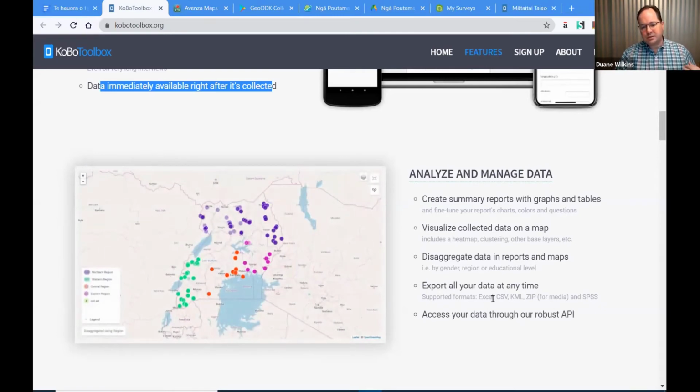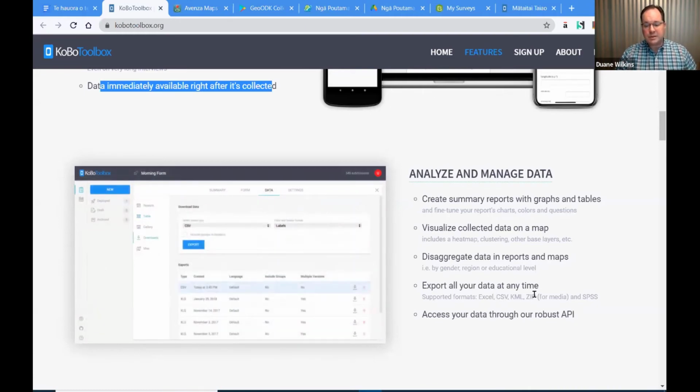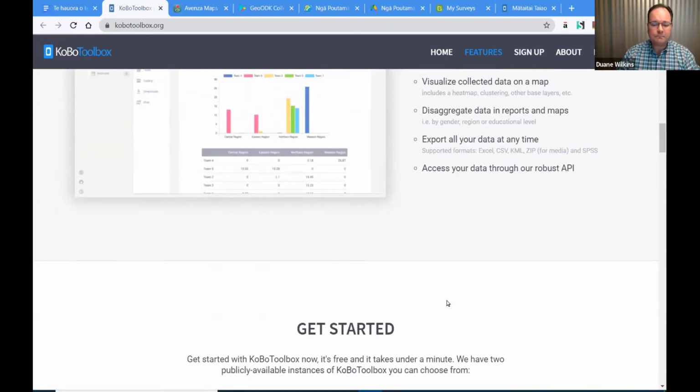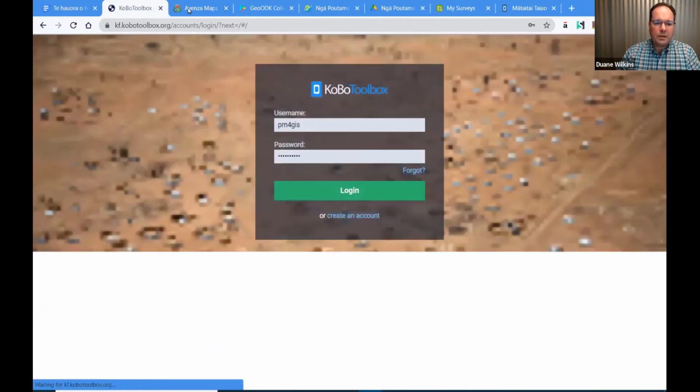So to Excel, to a comma separated value table, a KML if you're a Google Earth user, or just zip, which zips everything together, particularly for photos. You want that. So to get started, you just create an account, or in my case, we'd log in. Now, just before we go there,